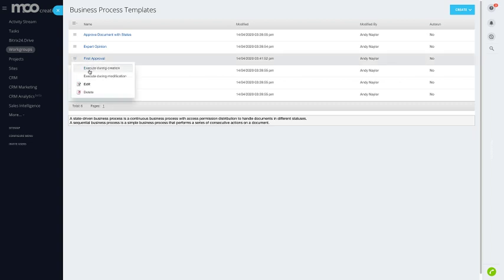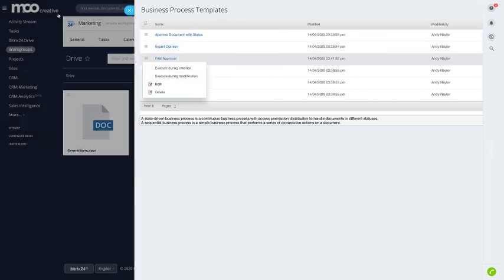what we can do is execute during creation. So if a document gets uploaded to this particular workgroup drive, it will trigger this particular process off. We can also execute during modification. So if a document is edited, then it can trigger this particular process off. What I'll do is, in this case, I'll just set it to manual so I can run it on the